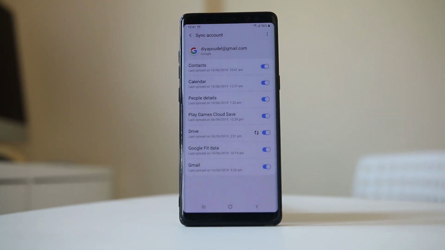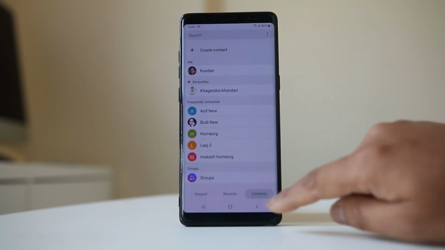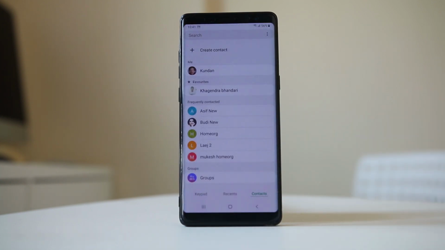By default the contact button should be enabled, and when the contacts are synced and saved, you can go to the phone icon and go to contacts here, and here you will be able to see whether the contacts are downloaded and saved or not.